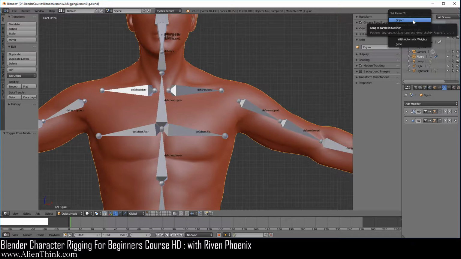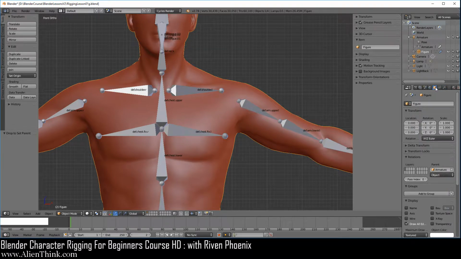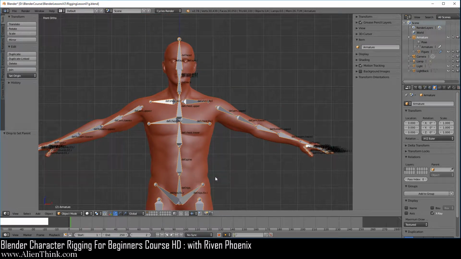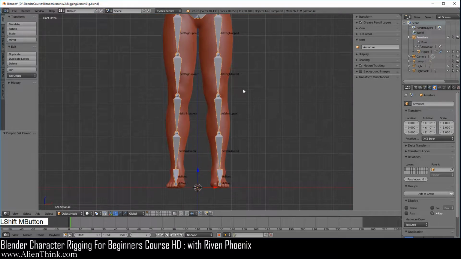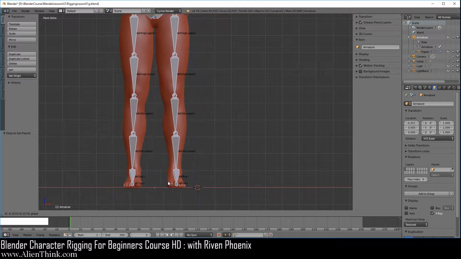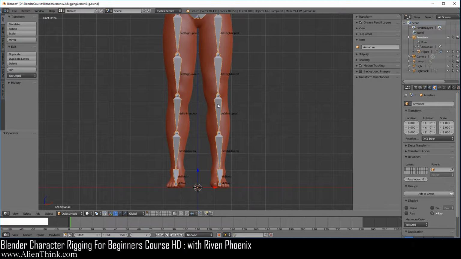Now when we click on this figure and drag it onto the armature, you'll notice that over here it's saying set parent to. If you click on object, what it's going to do is move the figure under the armature. Now when we have the figure selected and go to the object tab, you can see that the armature has been set as its parent. So this means that if we click on the armature in object mode, zoom out, and do shift middle mouse button over here, if we move the armature, the figure will follow. Okay, I'm going to Ctrl+Z that to place this back.